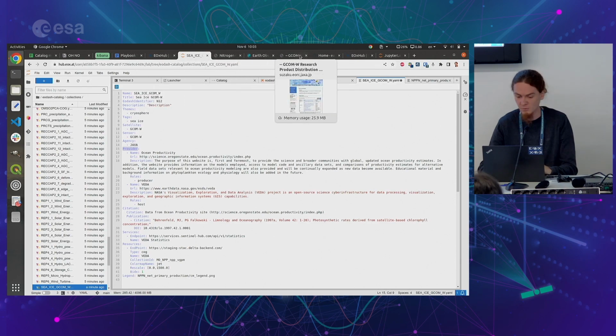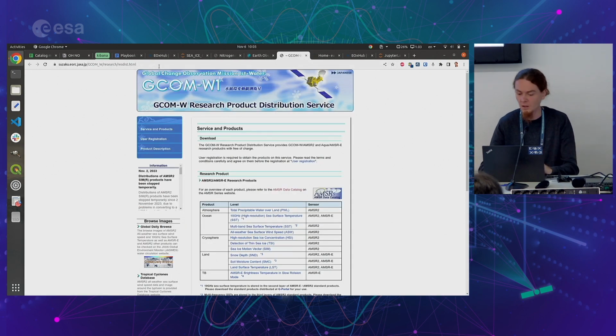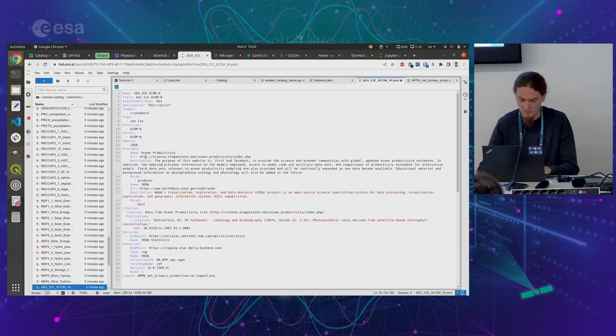For this, I would just use the official production distribution service of this product, so I can copy over the link to this platform and add it as a link for now. It's also not that important, and you can also define a host of your data, which will be the WMS service